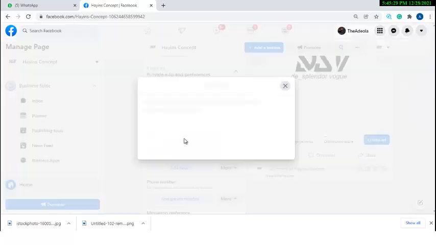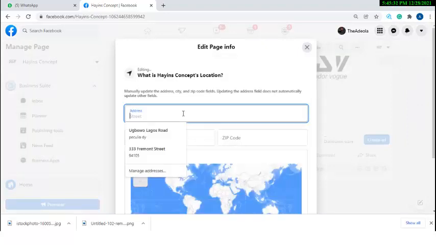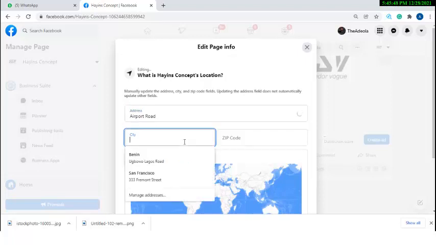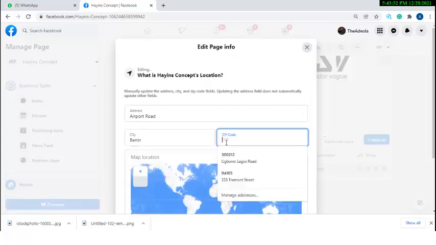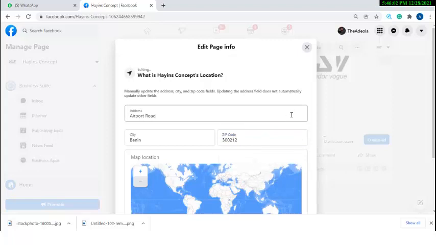Location and info: Airport Road, Benin City, Benin, 300212. Alright, so